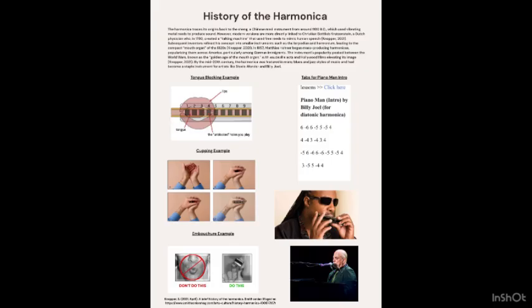So going back to what I was saying earlier about the blow note and the draw note, the negative numbers will mean it's an inhale note, which is called a draw note. And so when you see the negative, you're going to be inhaling that note, compared to the first six that you see, which is just a positive six. That is going to be considered the blow note because you're going to be exhaling that